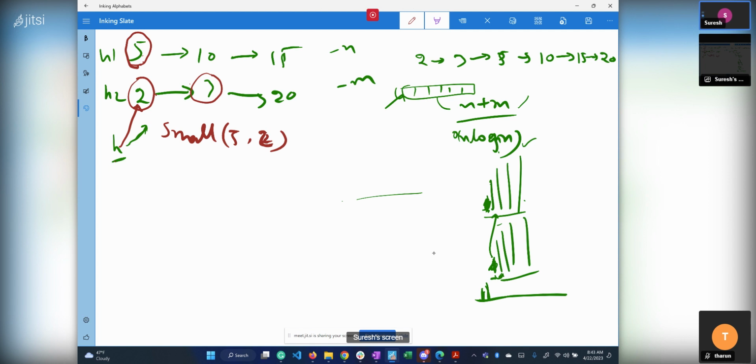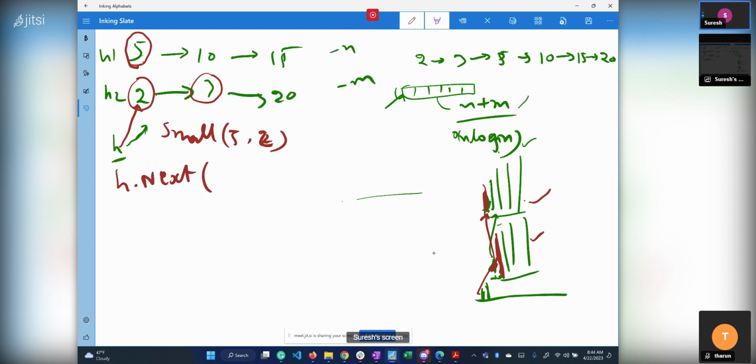Let's say these people are holding each other with the hands. What we do, we pick the small person here. Until now the small person is linked to the next taller person in this line, but this person needs to hold the hand of the next small person, right? The next small person is here, so he needs to hold the hand of this person, right? That will be determined based on the height of this person and this person, isn't it? So what I'm saying is head dot next equal to